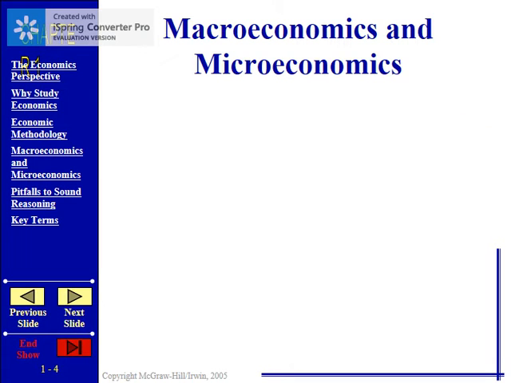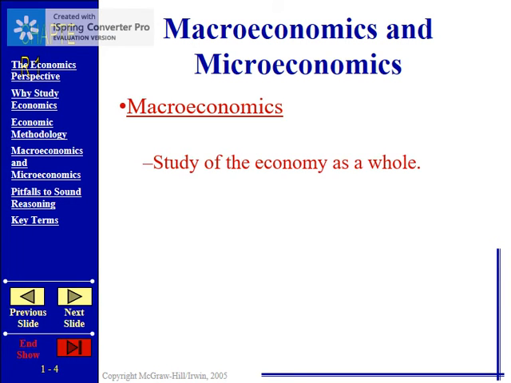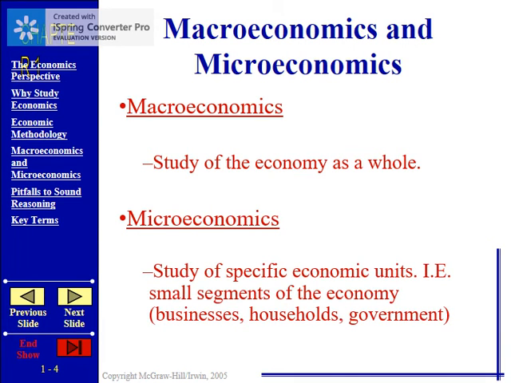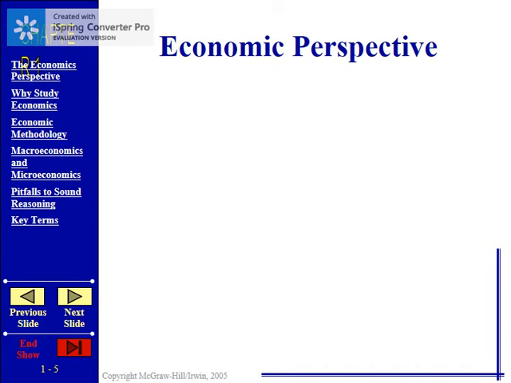We're going to be learning about macroeconomics and microeconomics this year. Macroeconomics, the study of the economy as a whole. We often find that macroeconomic terms are kind of familiar to us, things like inflation, unemployment, GDP. Microeconomics is small scale, specific economic units, a business, a household, a particular market, individual decisions, a firm. Those will be the things we'll look at in microeconomics.